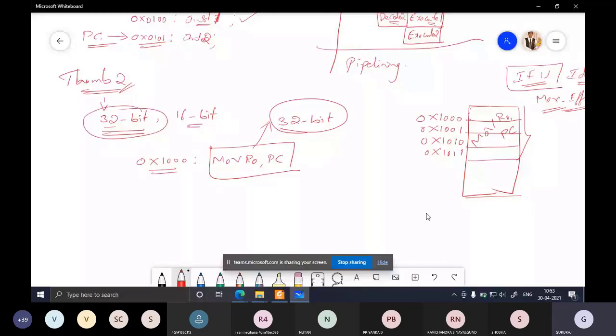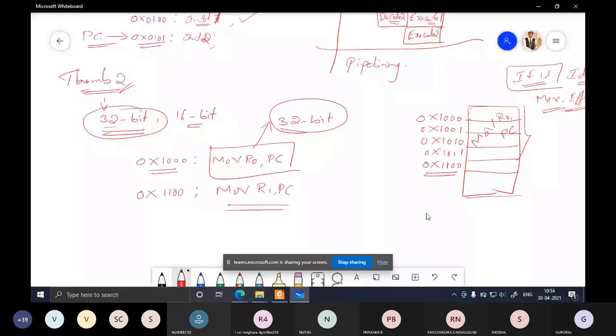So which is the next location then? It is 0x1100. That means, where is the next instruction then? 0x1100. This is the next instruction, which can be, let's say, move again R1, PC. So the next instruction will be stored in this location.